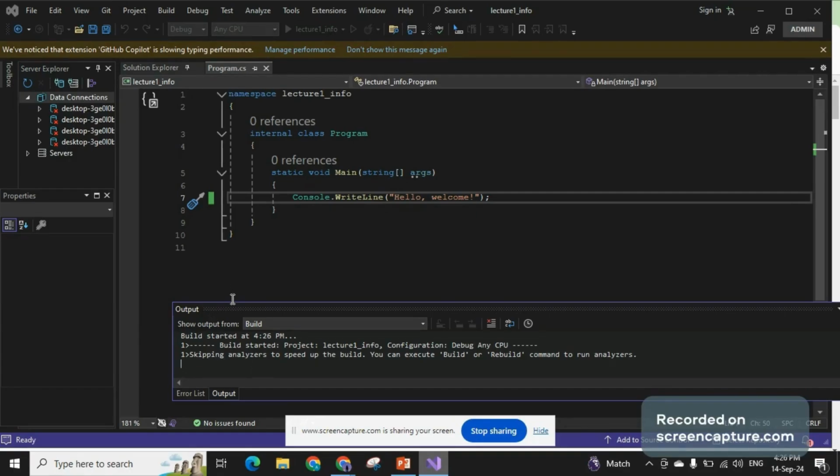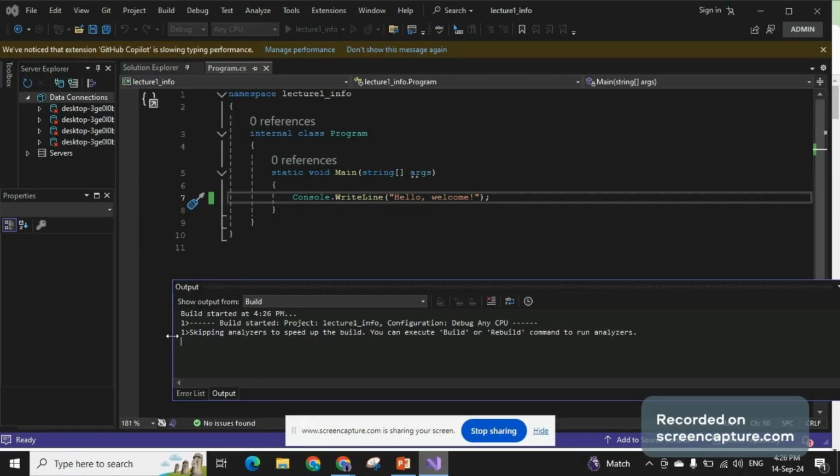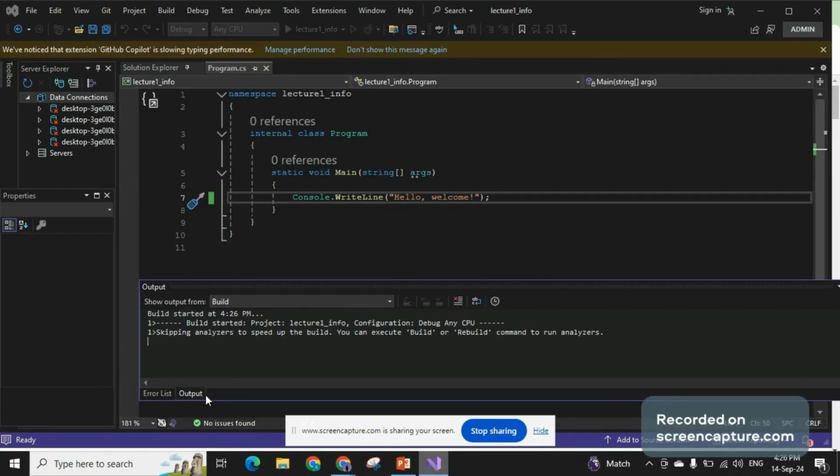You can see in the output screen it is being built, but this is not the actual output. You will see the actual output on the console window. Just wait.